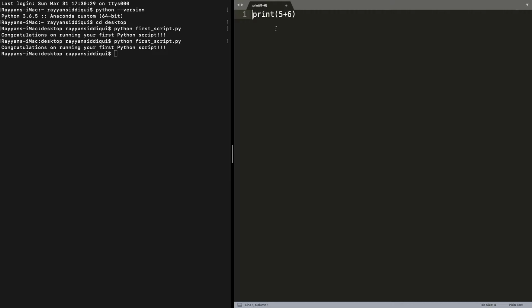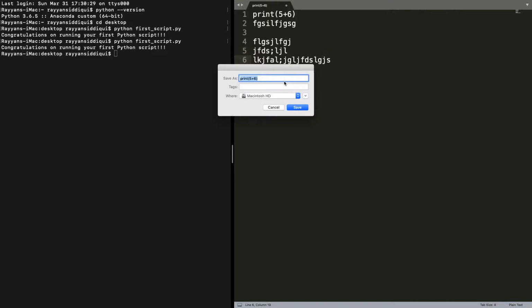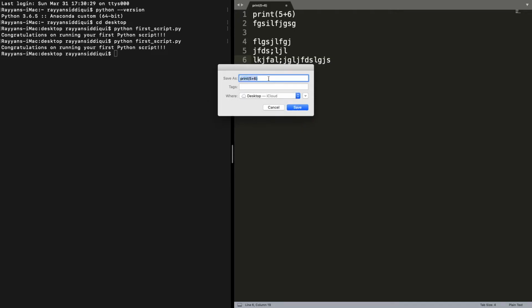Now this is a really important thing. Whenever you're creating scripts, you don't need to worry about what is actually going on in the code. You just need to worry about how to save a script. So let's say this is your Python code, whenever you save a script, you need to save it with the extension .py. So I'm going to save my script on my desktop, and then I'm just going to name it. So we have our first script. I'm just going to name this second script